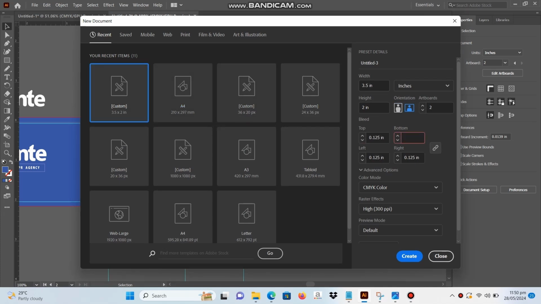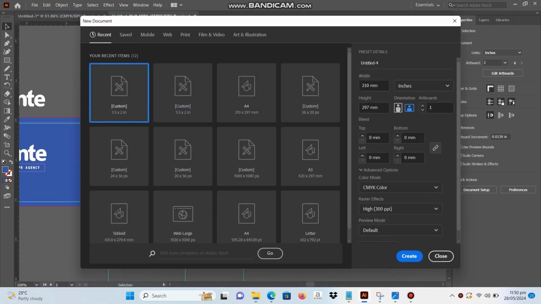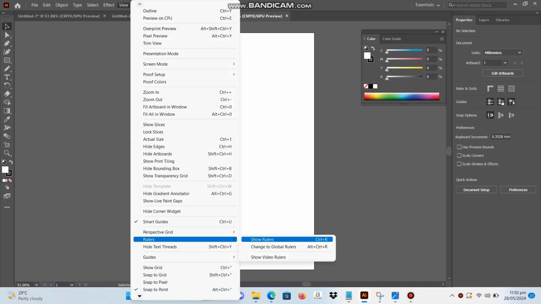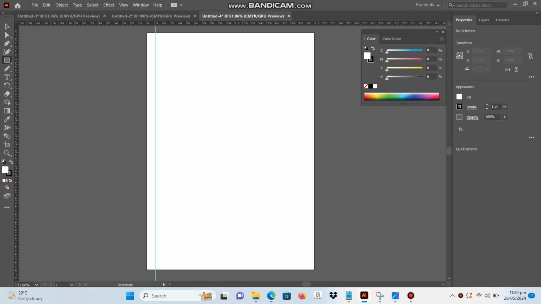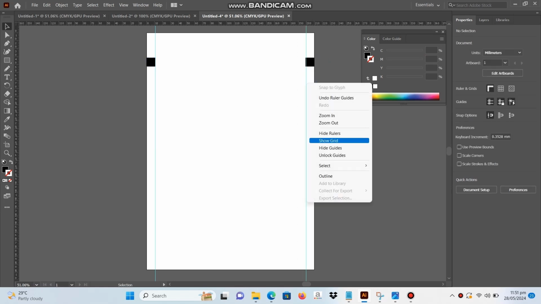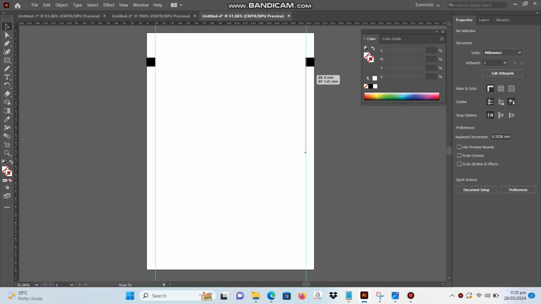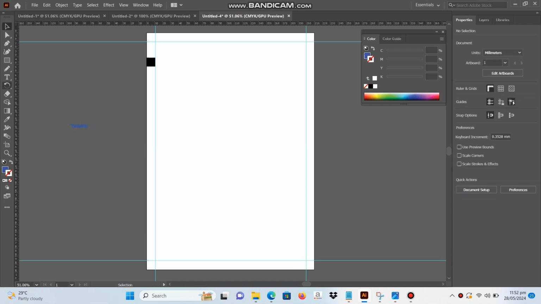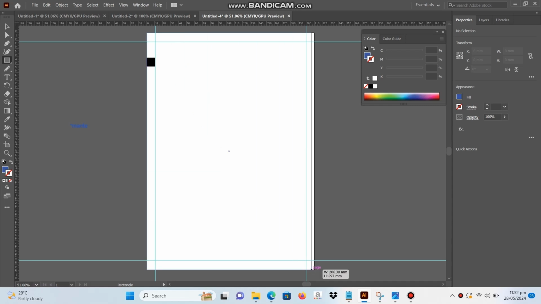Now I'm going to design an A4 letterhead, and for that you can see it in portrait mode this time. We don't need to use bleed in this design because it's not going to cut our design. It would be better if your design is in the center, or a little bit of space from your left and right corners, so your design will not be cut while printing. So yeah, this is another way to draw the margin.